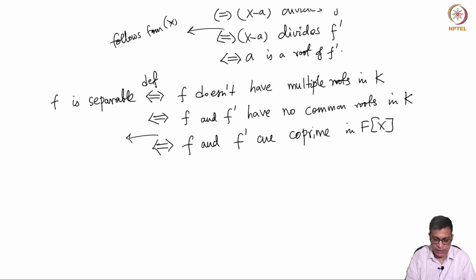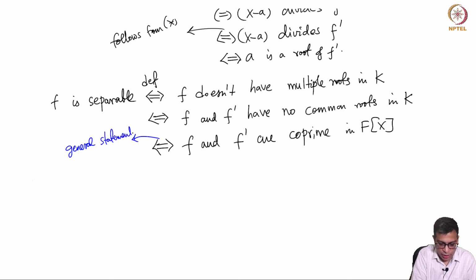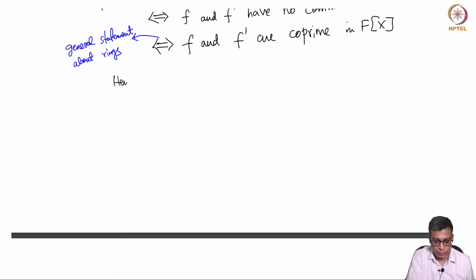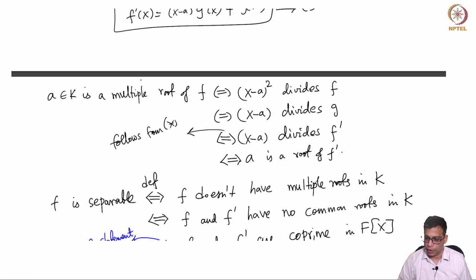As I said, this is a general ring theory statement that I started this proof with. You can look it up elsewhere; it is a simple fact that you can find, for example, in Michael Artin's book. If they have no common roots in K, then in the base field itself they cannot have a non-constant common factor. So that means they're co-prime. Hence, I think 1 is proved. So 1 is proved.